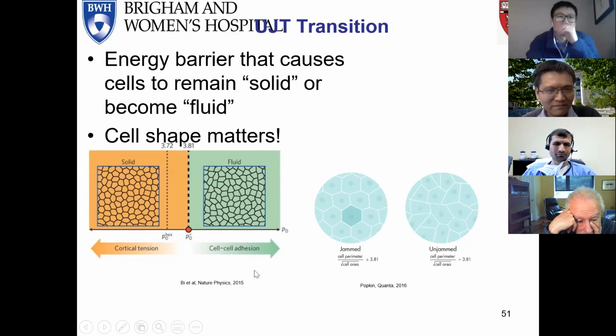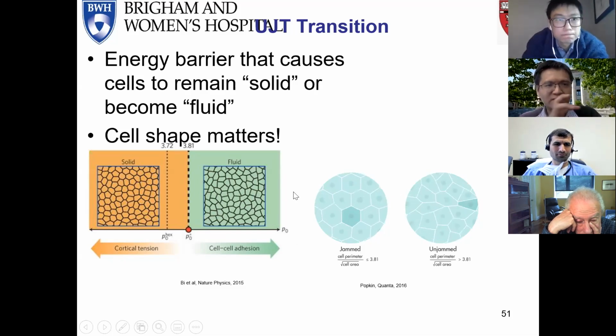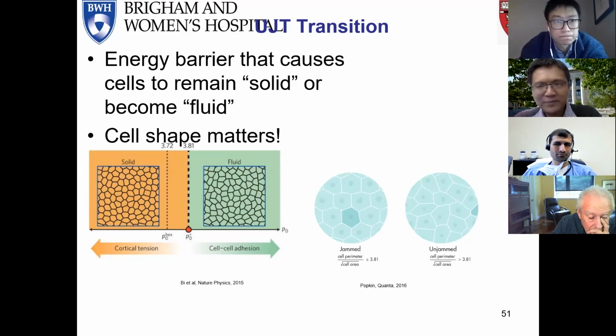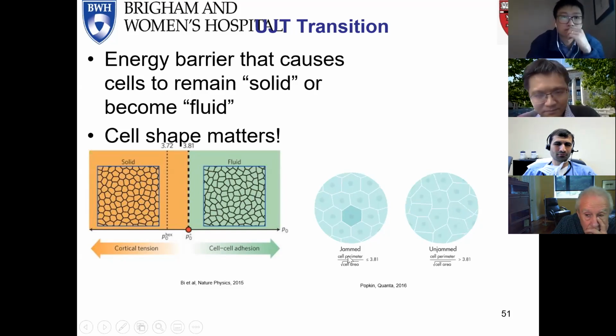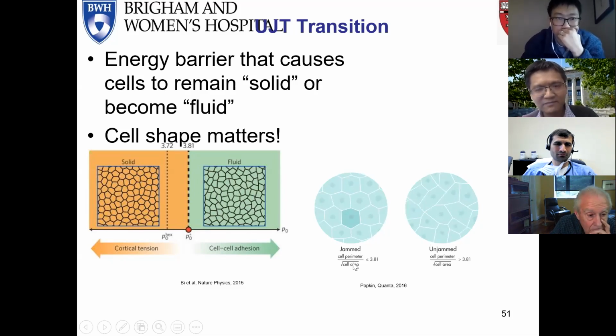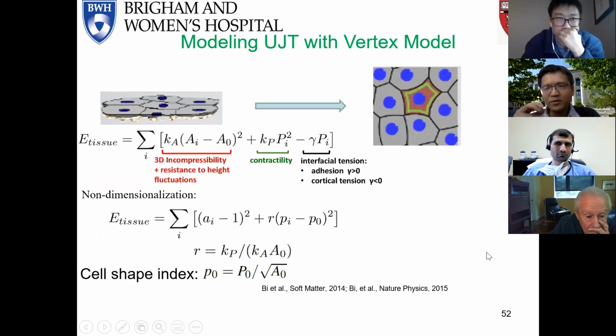Bi and Manning found that when cells undergo unjamming transition, the shape characteristics change. They defined a parameter, cell perimeter divided by the square root of cell area, to be the shape index, and they found 3.81 to be a magic number. When it's under 3.81, it's jammed. When it goes beyond that, it becomes unjammed. And people also realized that when it gets unjammed, it tends to take on an elongated shape. And so they proposed this model